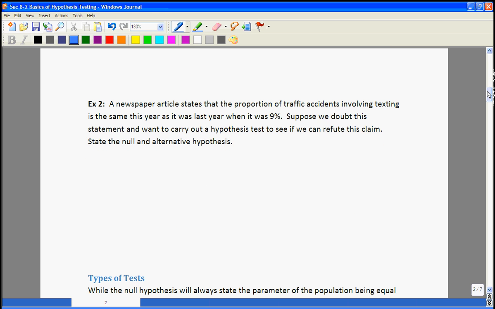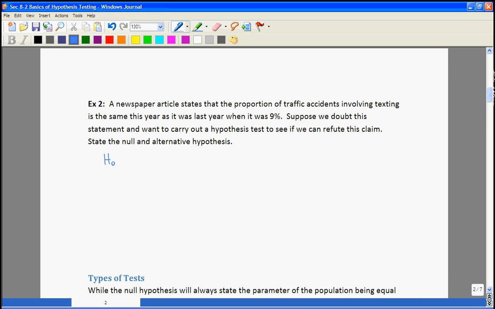Example 2. A newspaper article states that the proportion of traffic accidents involving texting is the same this year as it was last year when it was 9%. Suppose we doubt this statement and want to carry out a hypothesis test to see if we can refute the claim. State the null and alternative hypothesis. So